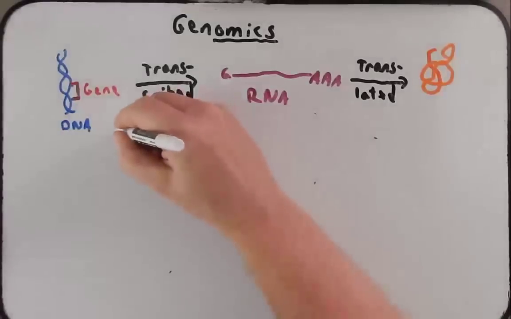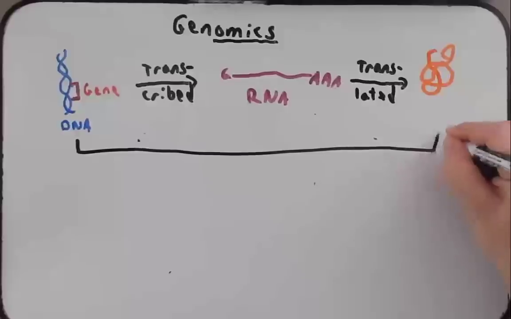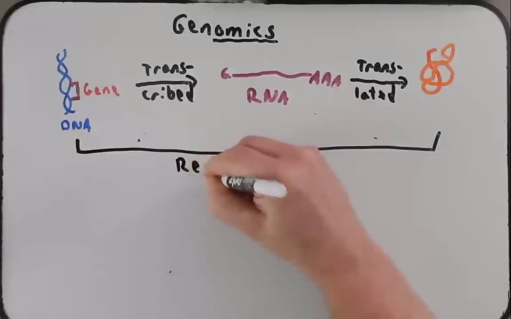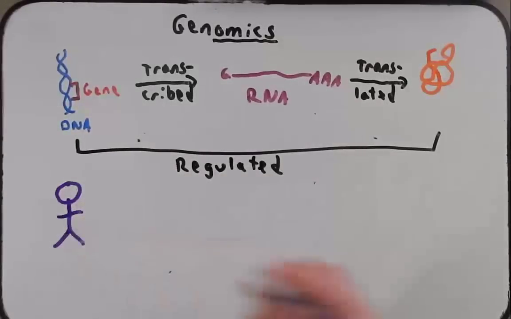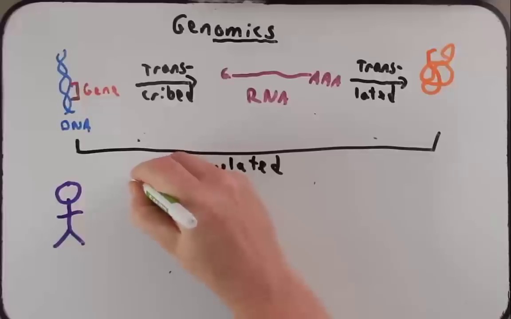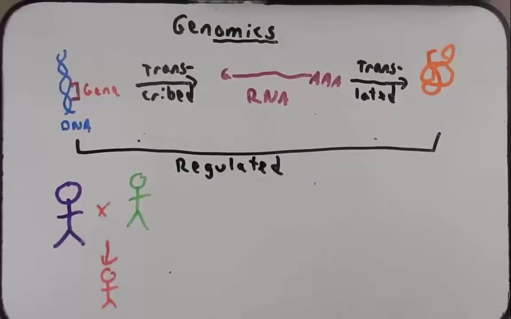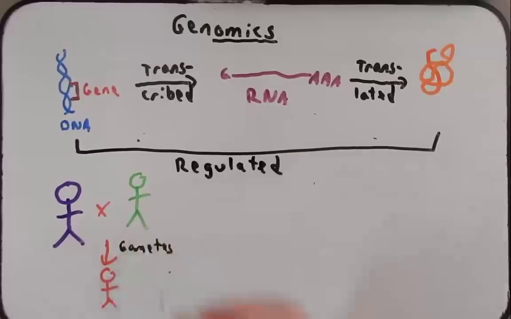We also talked about how this whole process here from the gene to the finished protein was highly regulated. And this was important because if you have an individual here, doesn't have to be a human, but could be a human, they have many different cells, and those cells in different tissues have to turn on the right set of genes and not turn on other genes. So this regulation was really important. We talked about how this individual here with another individual could produce progeny by making gametes through the process of meiosis, and how this individual here looked a lot like these two parents, but might also have some new traits.